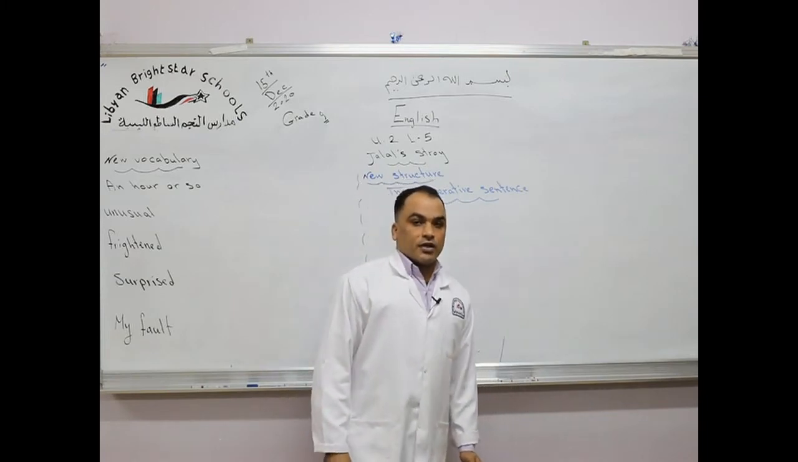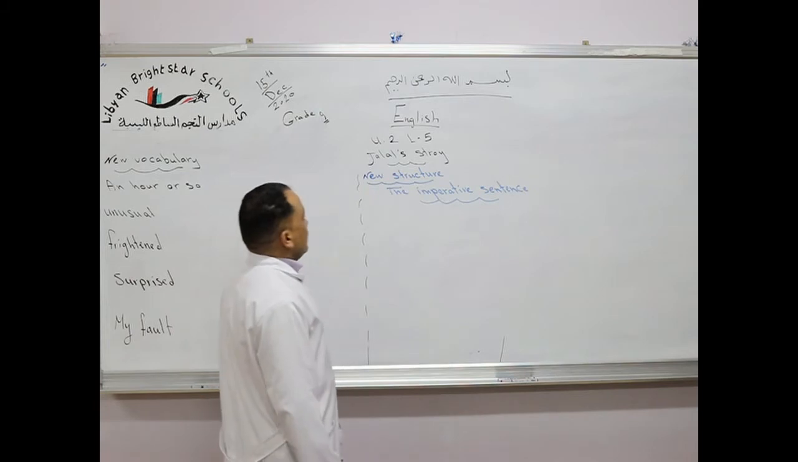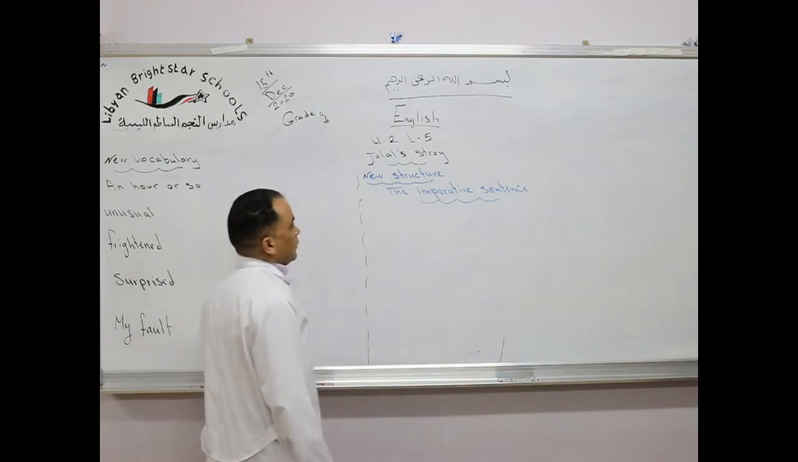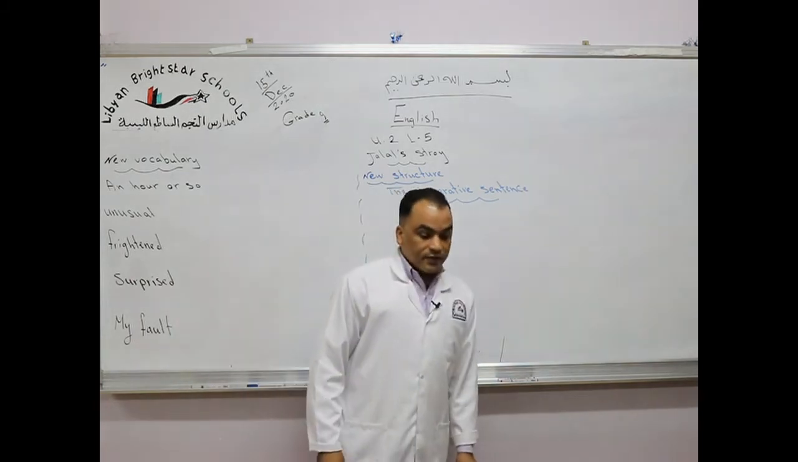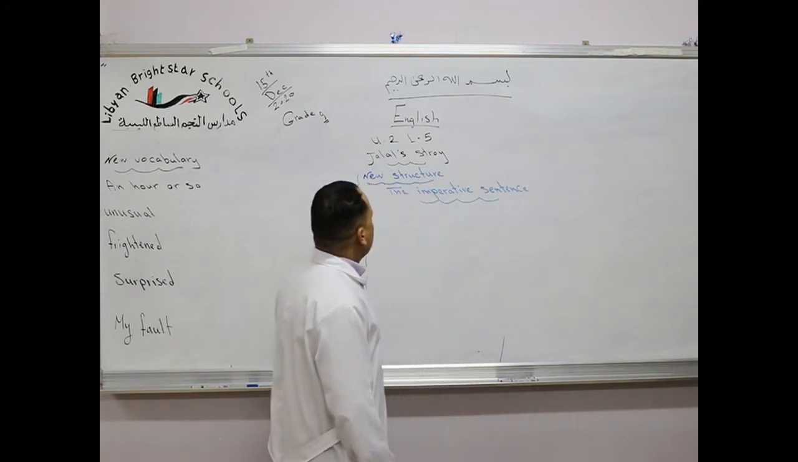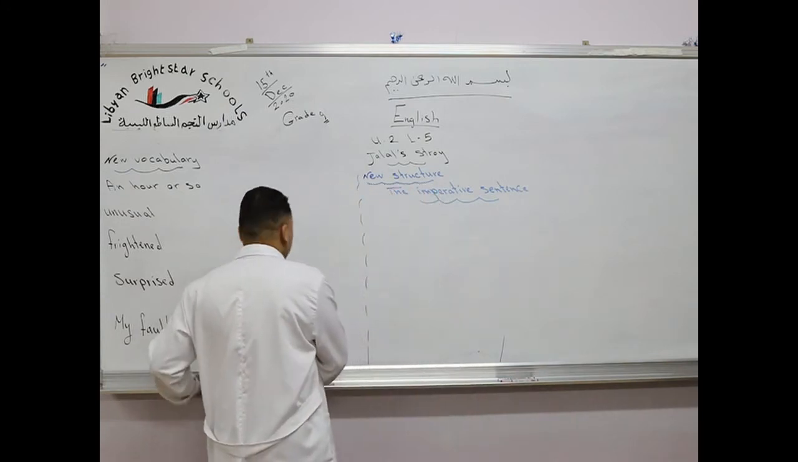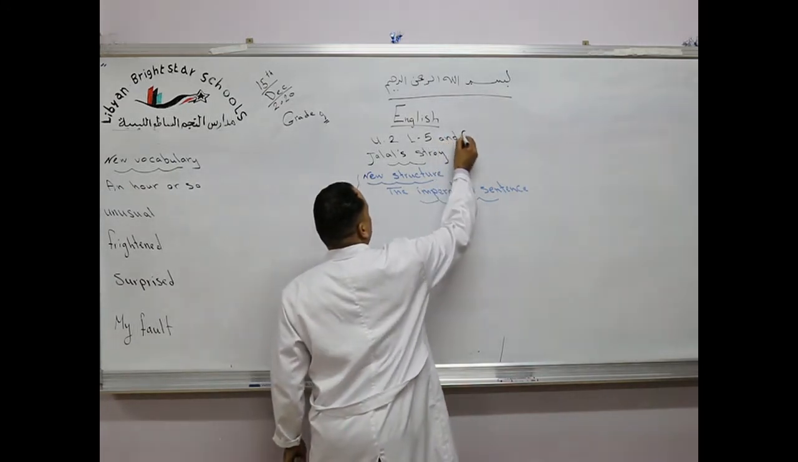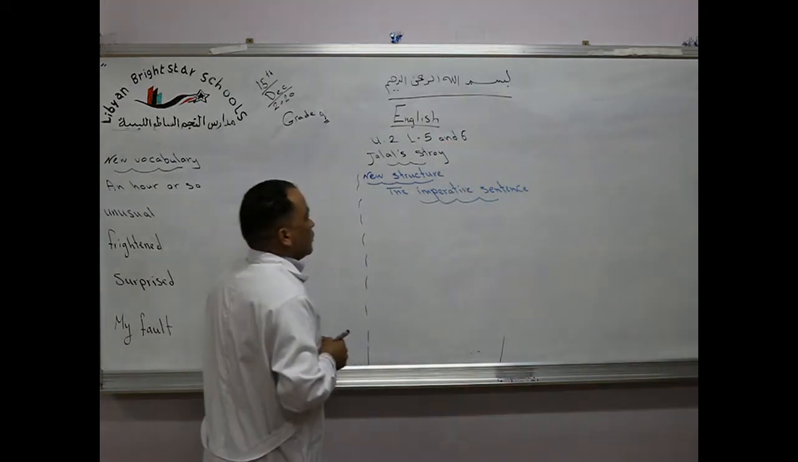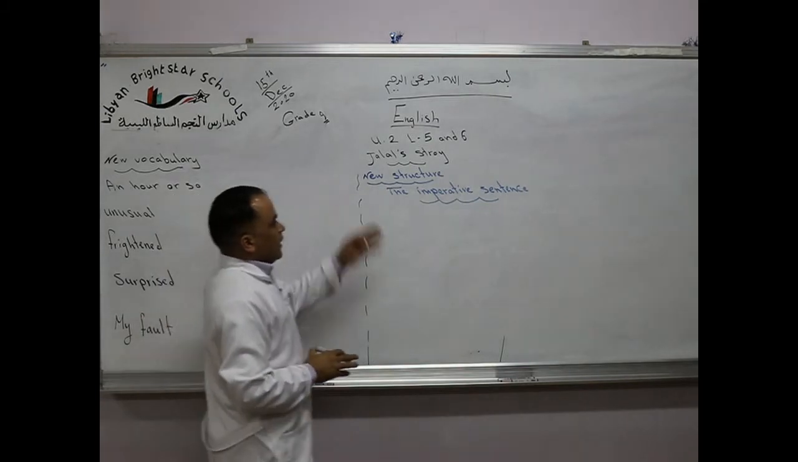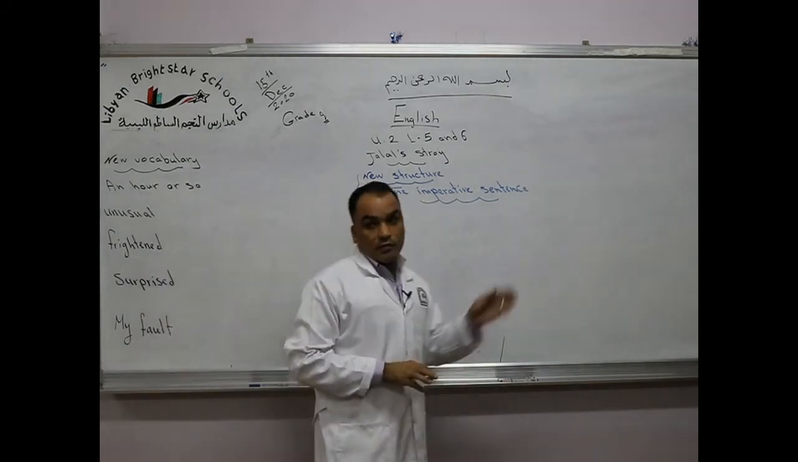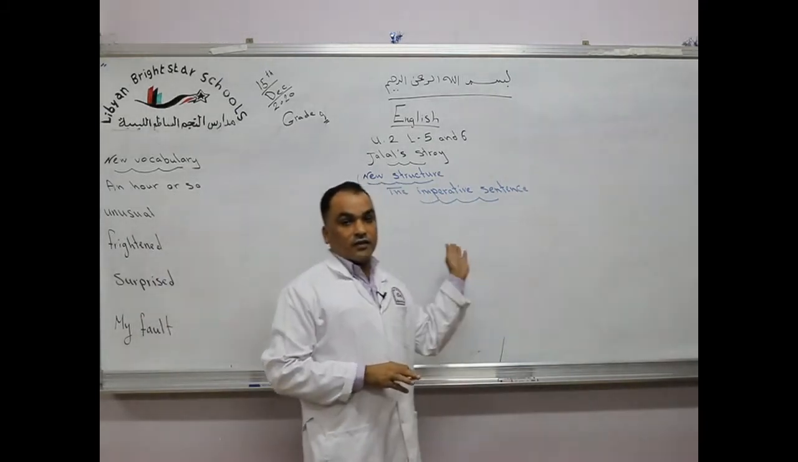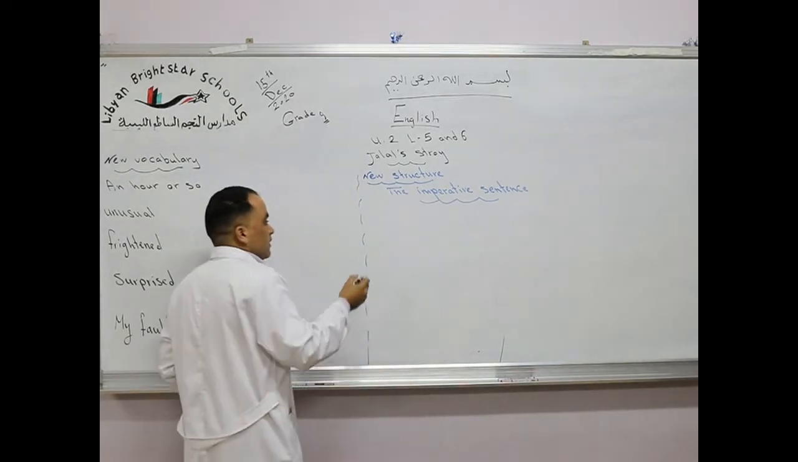This is an English session, grade 9, Unit 2, Lesson 5. Jalal's story, Lessons 5 and 6. The title is Jalal's story. New structure, the imperative sentence. The imperative sentence form